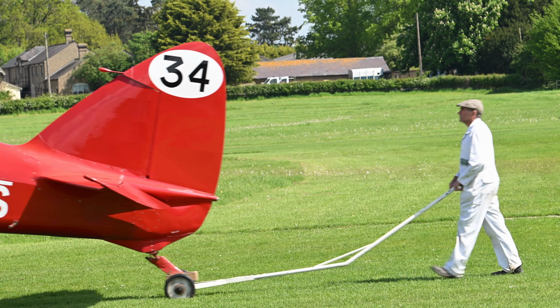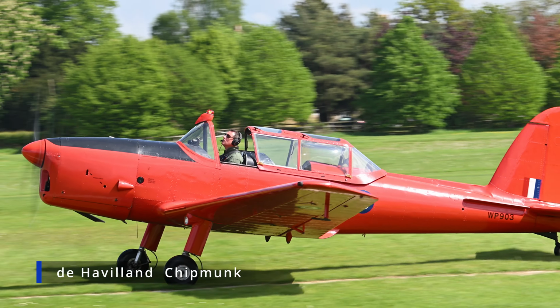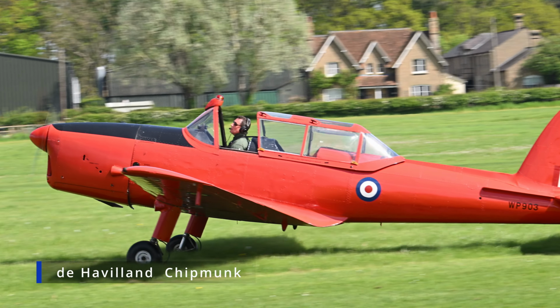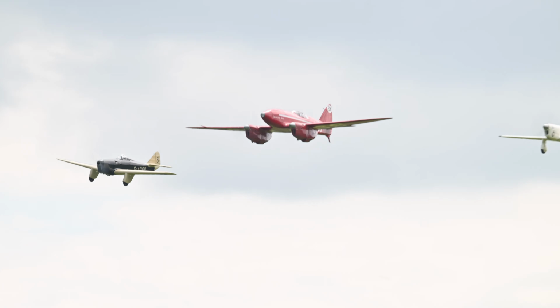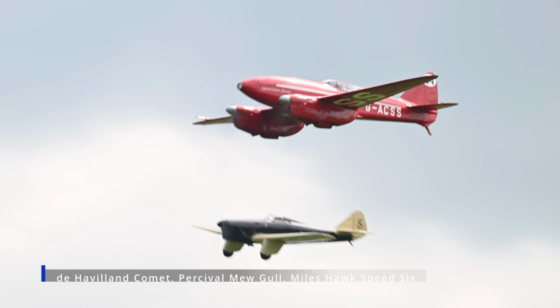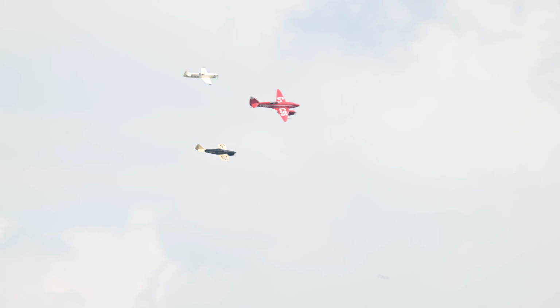It's flown by a syndicate of very enthusiastic owners, and now handed over to what is now the Royal Air Force Battlefield Memorial Flight, based at the hands of Ken Waller, finishing in 12th position. Set a record from flying from England to Cape Town in 1938, I think it was, or was it 39? I can't remember now, covering